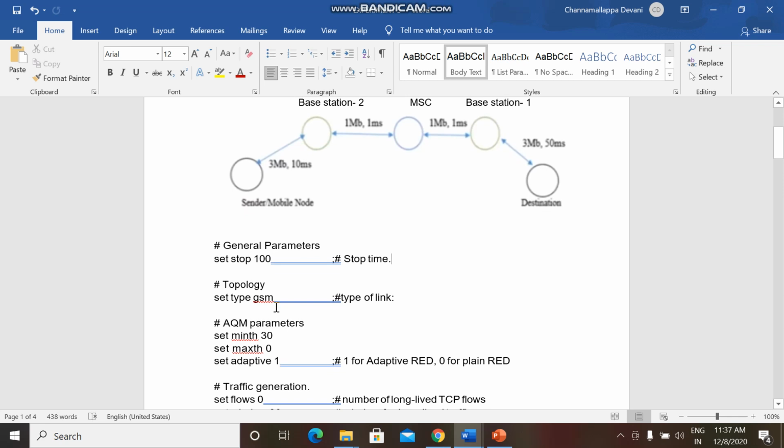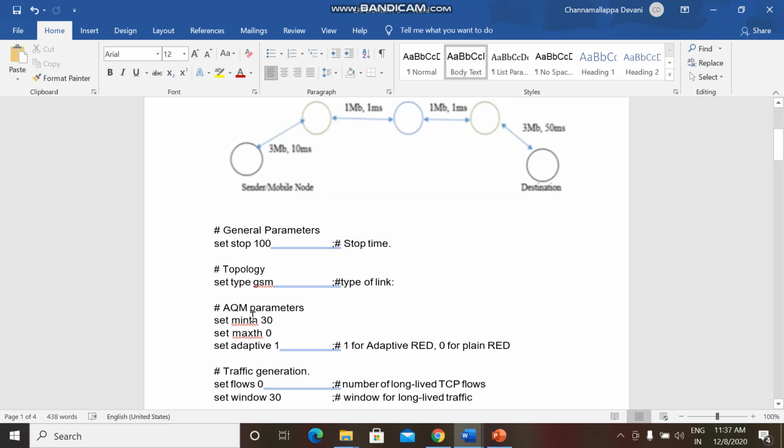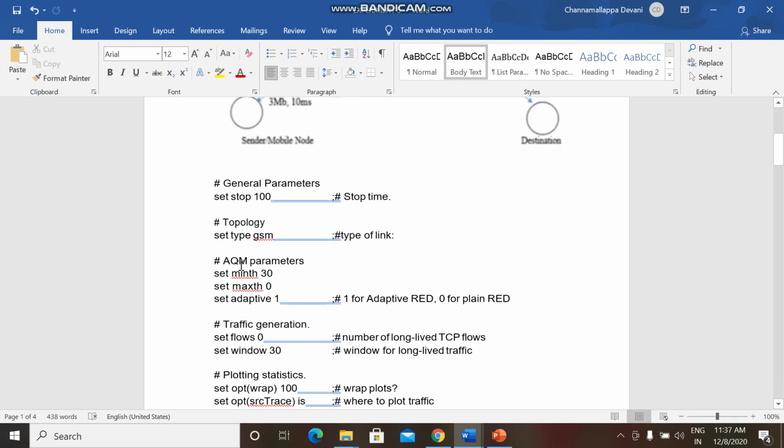Whenever we are creating an environment for a 2G technology or a 3G technology, we have to set some parameters. The first parameter is the stop time, and we also have some more parameters like AQM parameters, sorry, active queue management parameters. So what are the active queue management parameters? We are setting the minimum threshold to 30, maximum threshold to 0, and set adaptive to 1.